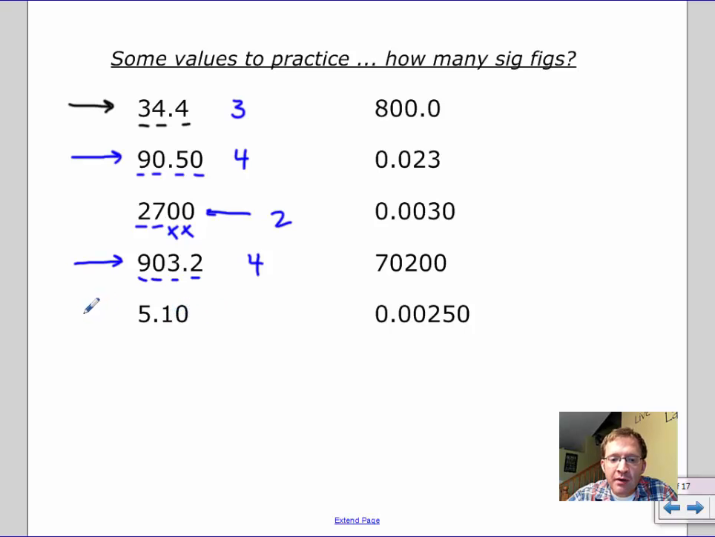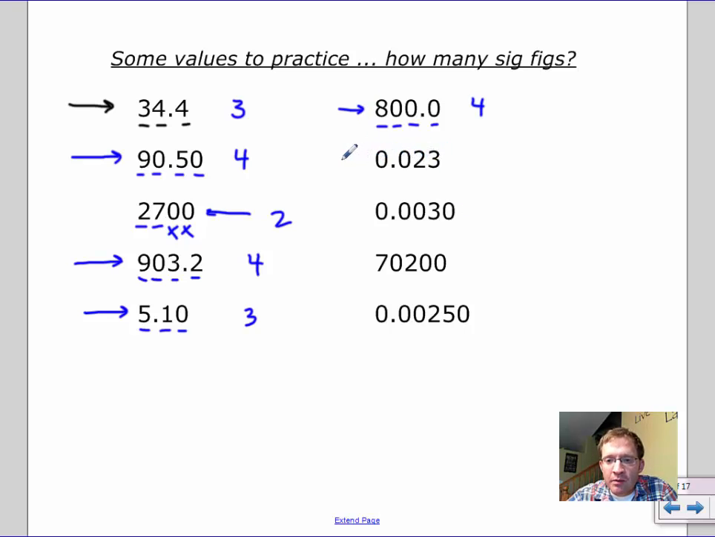5.10, decimal point is present. Start from the left, starting with the first non-zero and everything after it. 3 significant figures. On the other side, 800.0, again, a decimal point is present, so I start from the left. 1, 2, 3, 4. All those values are precise. On the next example,